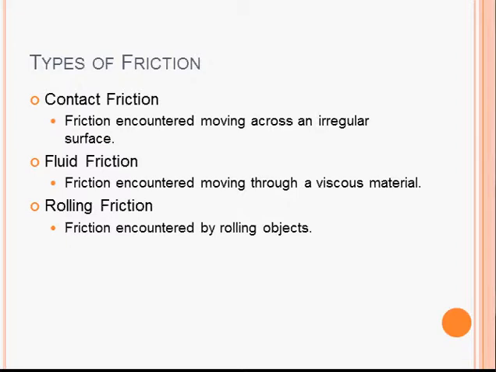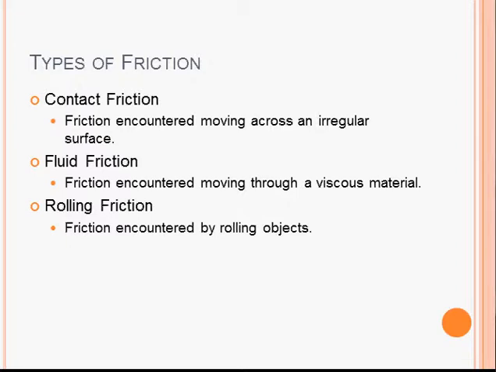Contact friction is friction that's encountered when you move across a surface, specifically a regular surface. Up to this point, we've only really talked about surfaces that are ideally smooth, meaning there's no friction. Well, of course, that's not really the case. Even ice has a level of friction to it. So that's going to be one of the main types we talk about moving forward: friction across a surface,